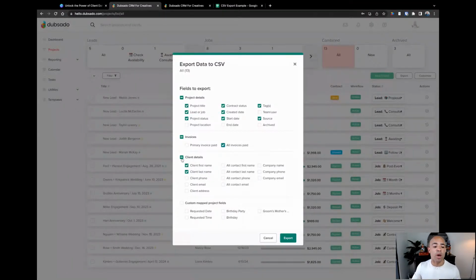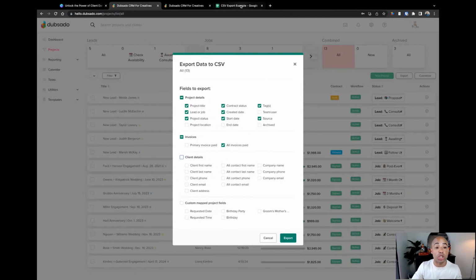Just for this example, I'm going to leave those off because I have the client details in my project title. You can turn those on if you want to. Either way is fine. But let's put those on there right now so you can see what happens with the CSV export. I exported this already before this webinar so you can see what this looks like in Google Sheets, so I don't have to add it into Google Drive and all of that. But when you click export, it will download a CSV to your computer.